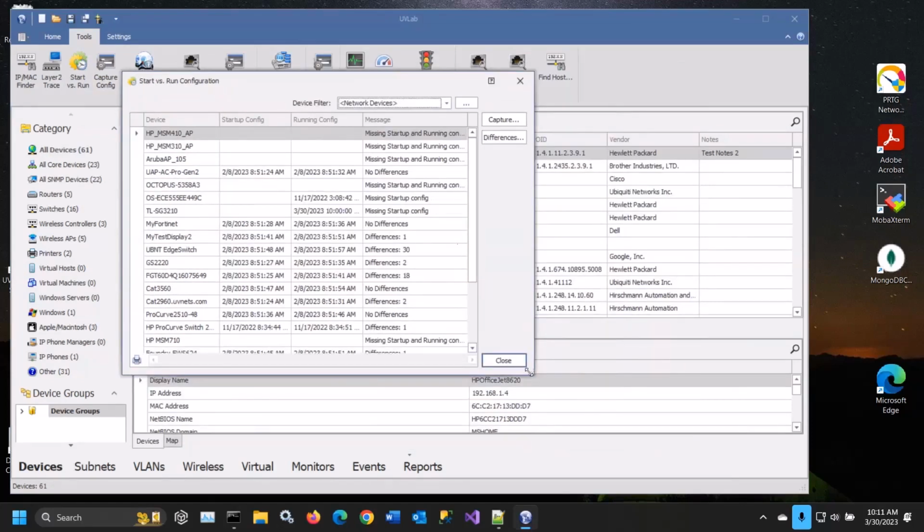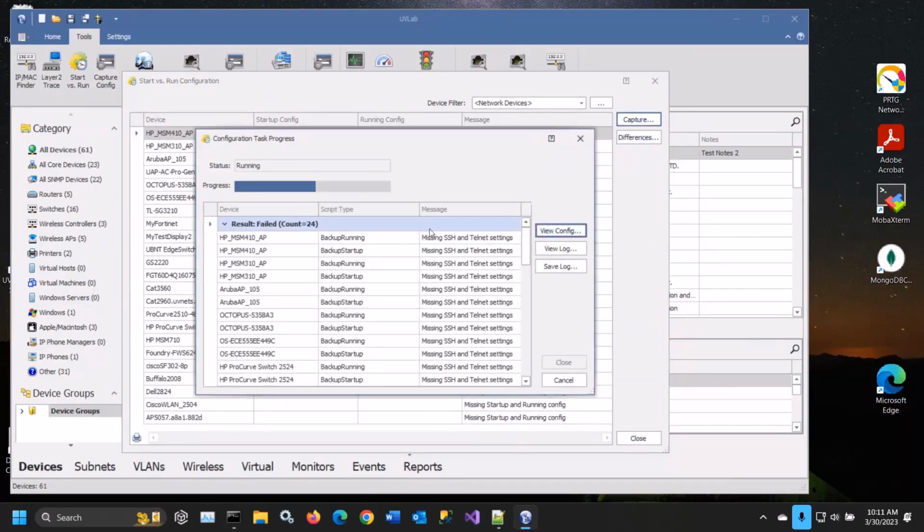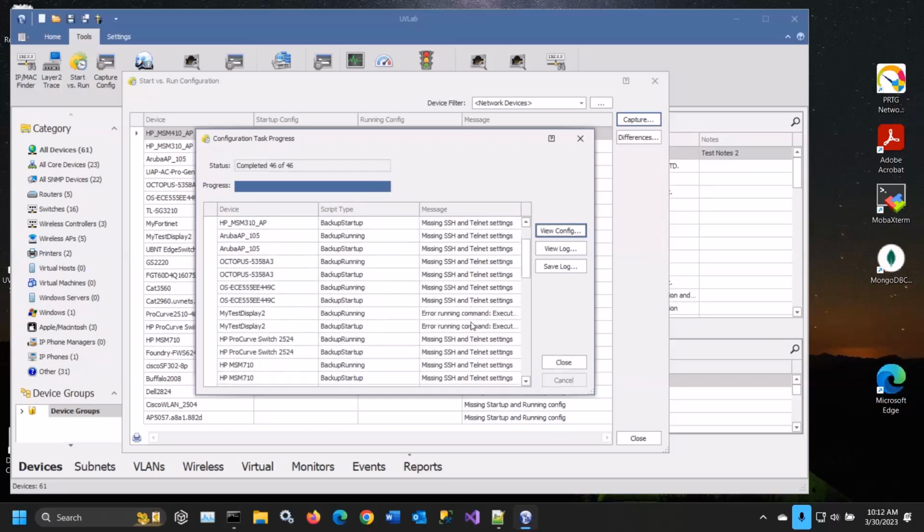And if I wanted to do a real-time capture right now, I simply hit capture, and it's going to run a quick backup of both the startup and running configurations of the devices in this discovery result. You can see some of these give you an error report based on whether you have credentials to connect to those devices. You get a report that tells you the differences between